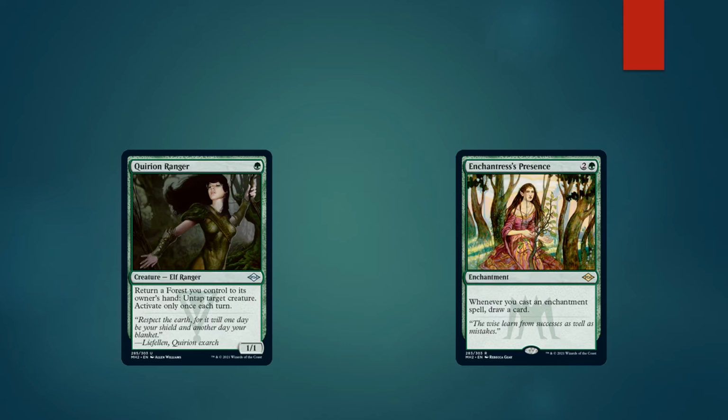We have stuff like Utopia Sprawl, Abundant Growth. Those kinds of things are very good. Great way to draw cards, or an Abundant Growth, draw 2 cards, right? If you have Enchantress's Presence. So that's cool. That's really sweet. Is it going to be mono green, green white, multiple colors? Who knows? But the sky's the limit. This thing is really powerful. I'm glad it's such a sweet archetype to push, because you can hate on it if you want to,